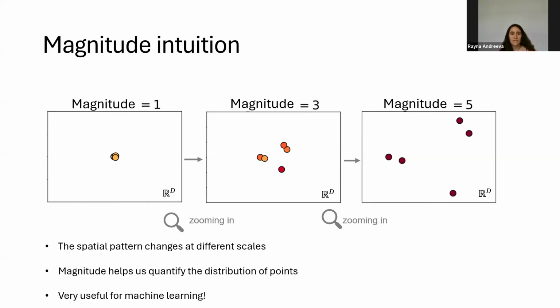This sort of interpretation of magnitude can be very useful for machine learning. So if we can understand magnitude better, then we can find very fruitful applications for understanding fundamental properties of neural networks and try to provide answers to very important theoretical questions in deep learning. In this talk, I will demonstrate exactly how.